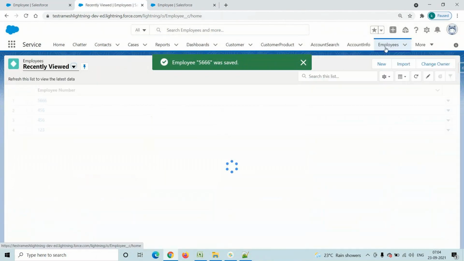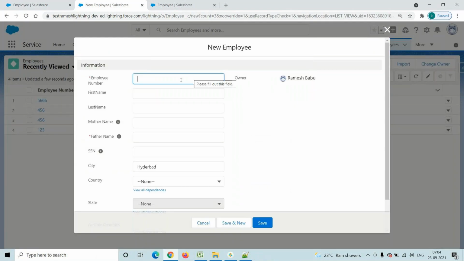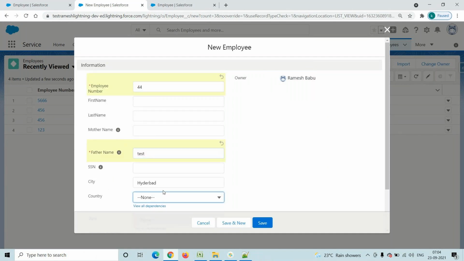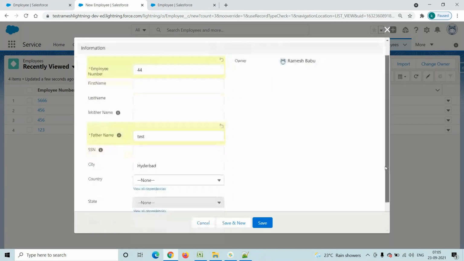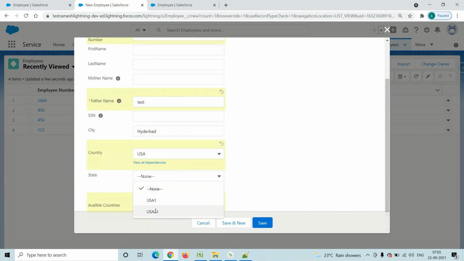I will go to here, click on this new button, and create one more record. While creating this record, I will select the country as USA. Click on the save button.